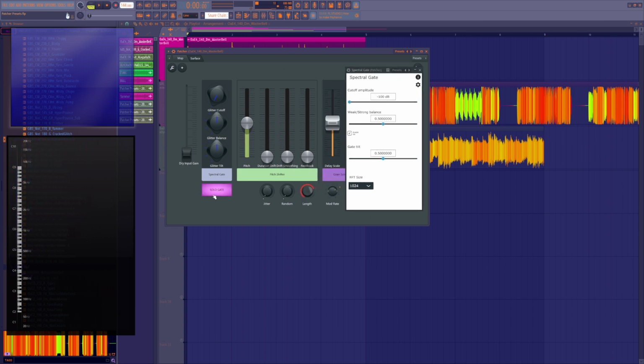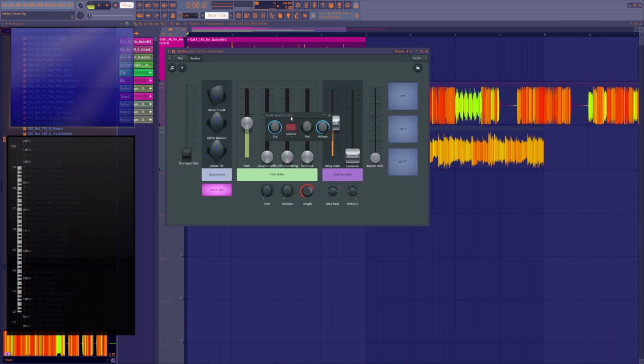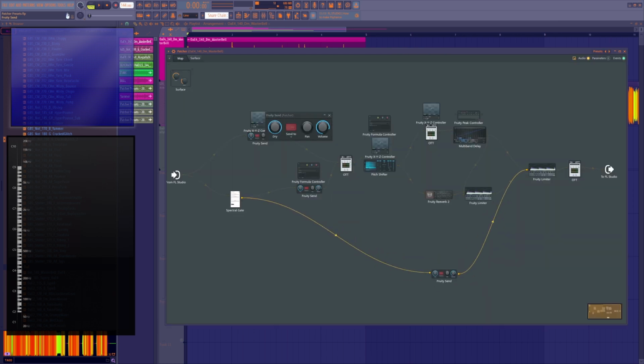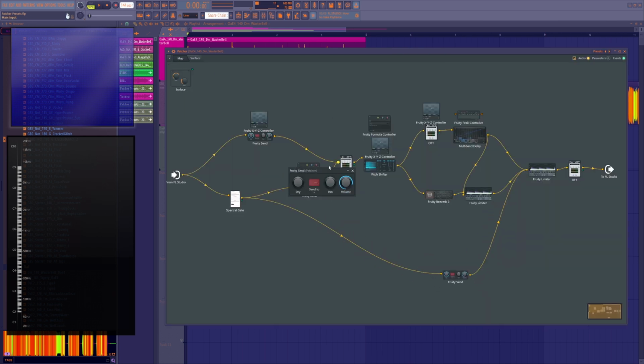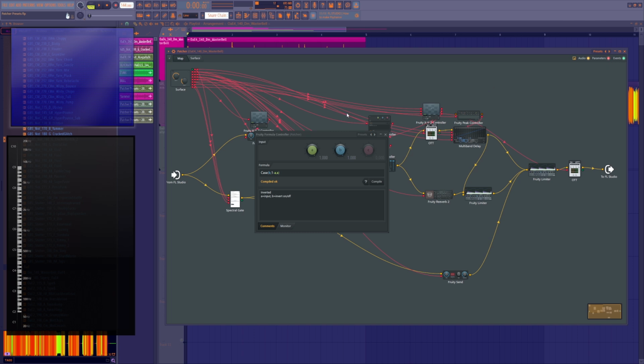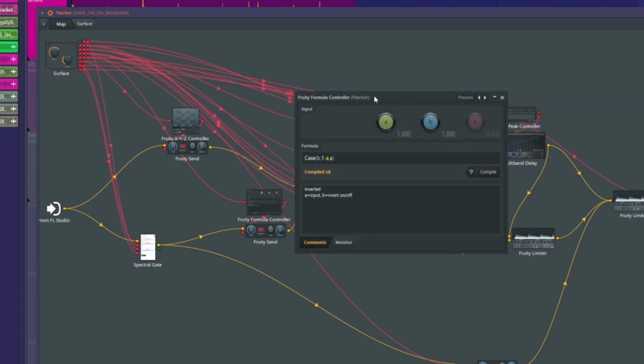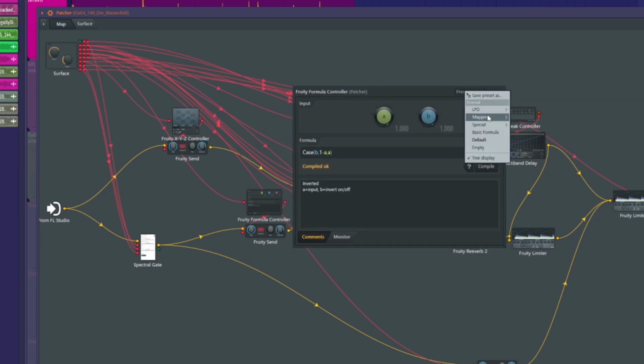So the first thing I've set up is this solo gate button. Now what this does is when I click it, it turns on this dry that's in this fruity send, and it takes this dry, which is on when it's off, and turns it off when it's on. Now I've set that up by routing the parameter that goes into this second send, which is the same one that goes into this first send, to be modulated by this fruity formula controller, which is mapped using an invert preset,